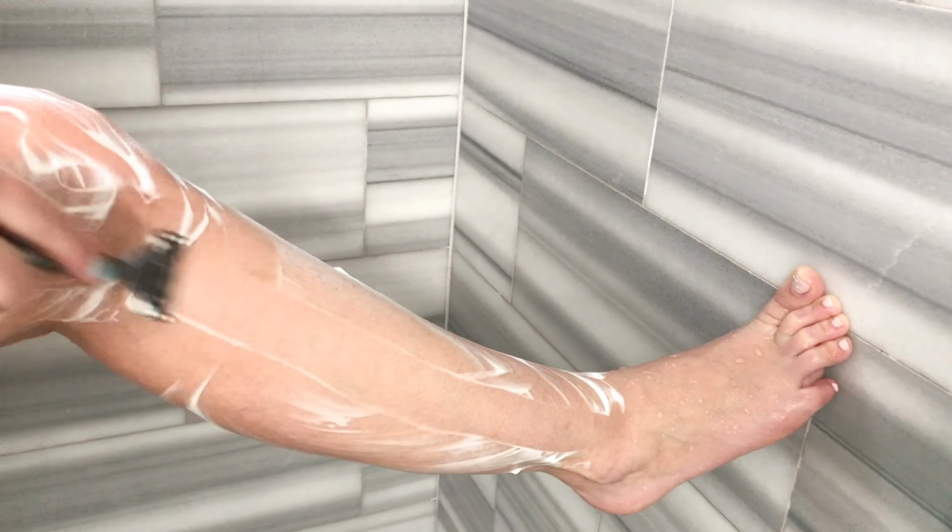If you have super short hair, you could either take an elastic in the shower with you and do it, or you could use a shower cap to do the same thing, really get that deep conditioning treatment going on your hair. After it sits on my hair for a while, then I do things like shave my legs, or